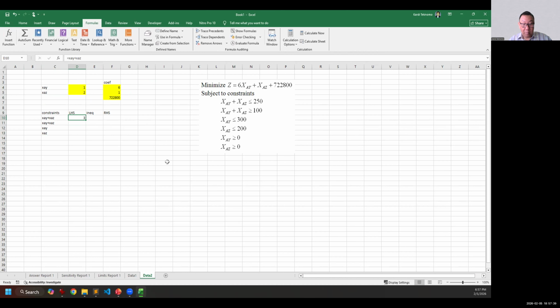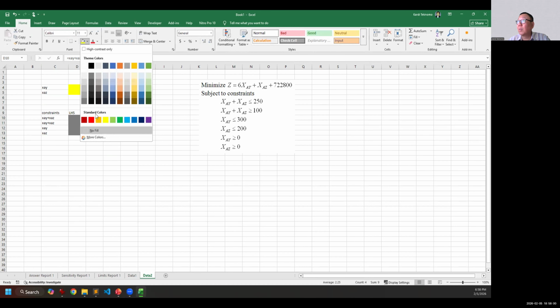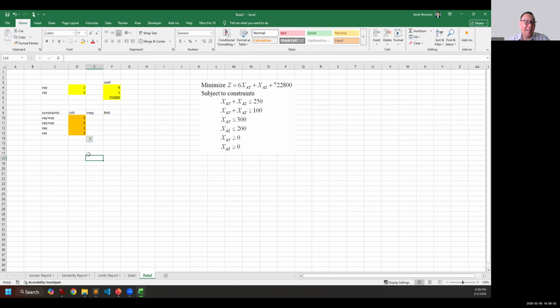I copy this because it is exactly the same constraint. And this one is just XAY. And this one is XAZ. Just copy, equal to the above. So you will have this as formula. I will give different colors so that you know this is formula.